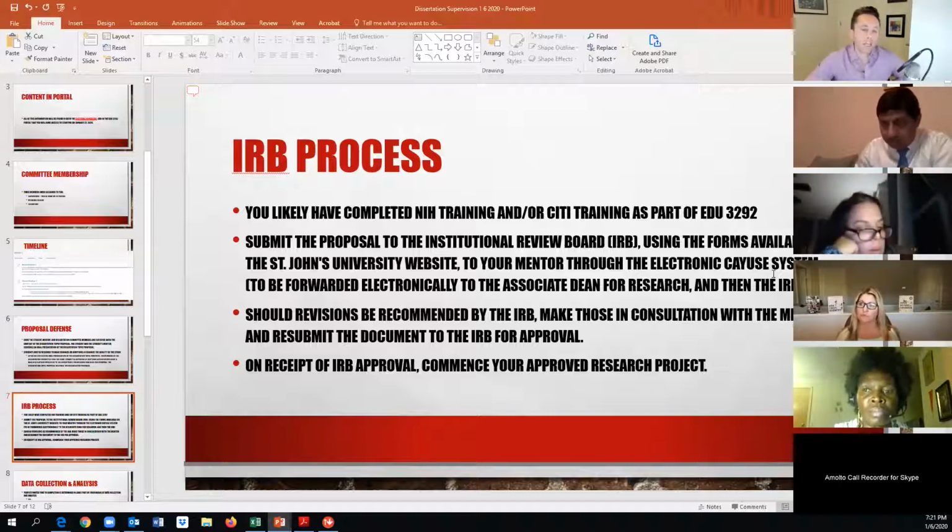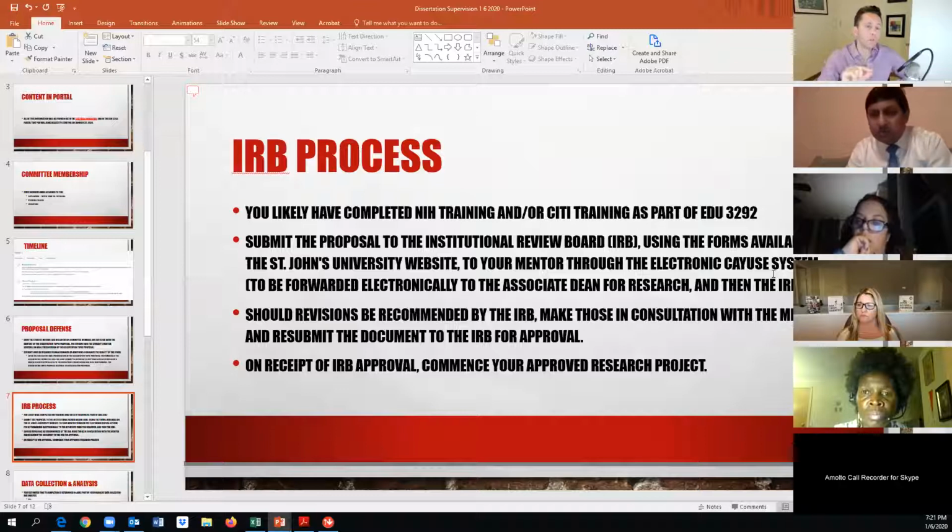It's an electronic submission system so that as you and your supervisor work through these details, and I highly suggest that you send the information back and forth to your supervisor even before you push it through the system. But once you push it through, then your supervisor says, okay, I'm cool with it. Then it goes to the department chair, then an associate dean, then the IRB committee. So you don't want to waste those people's time, and you don't want to waste your own time, knowing that it's going to sit in somebody's mailbox for a day or two before the next person.